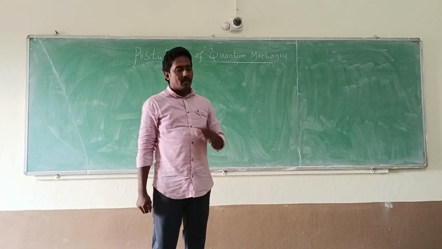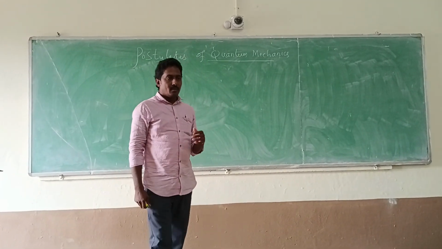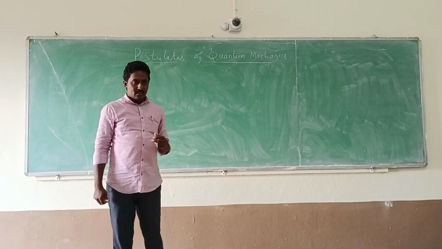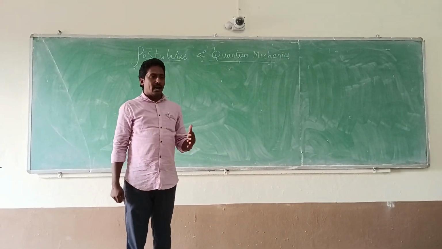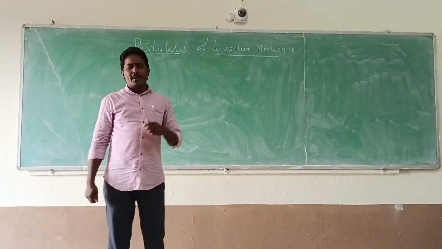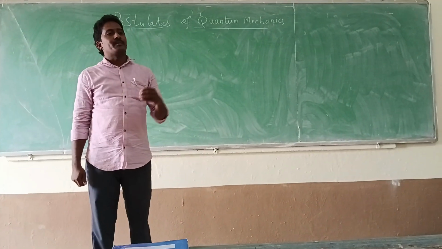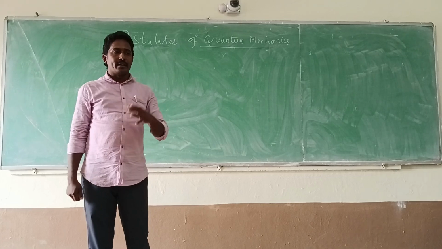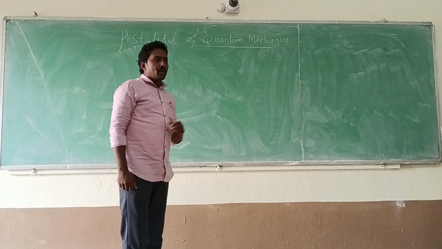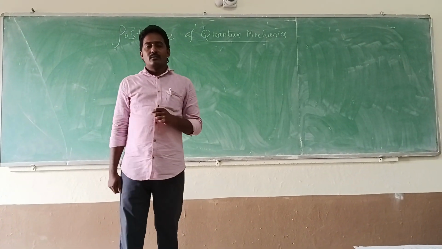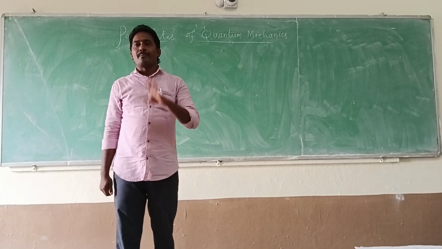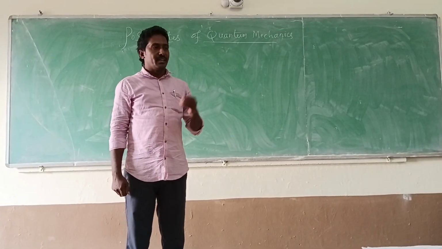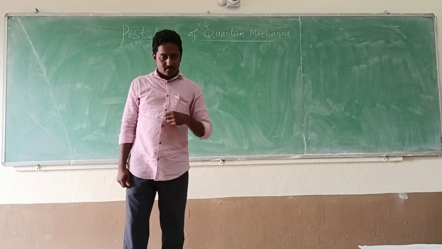Classically, we can describe any physical quantity in terms of coordinates, position coordinates and momentum coordinates. All other quantities are also expressed in these two representations only, position and momentum coordinates. But quantum mechanically, how is a quantum state described, and how are these physical quantities defined in a given state?